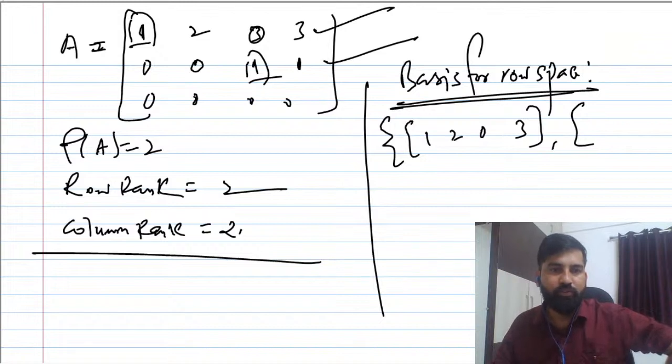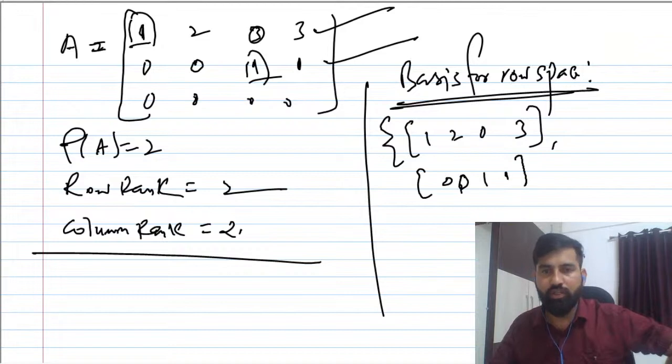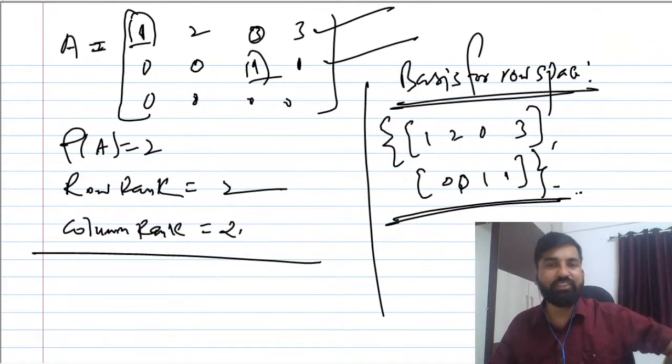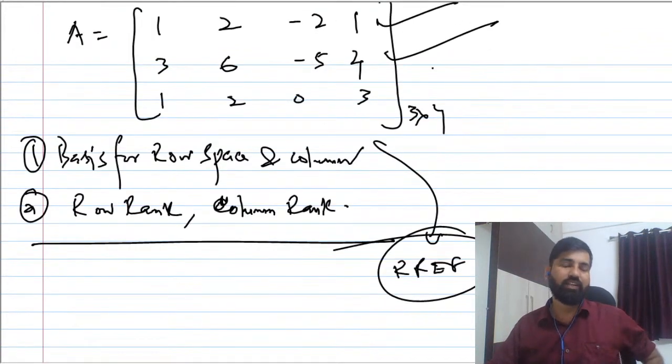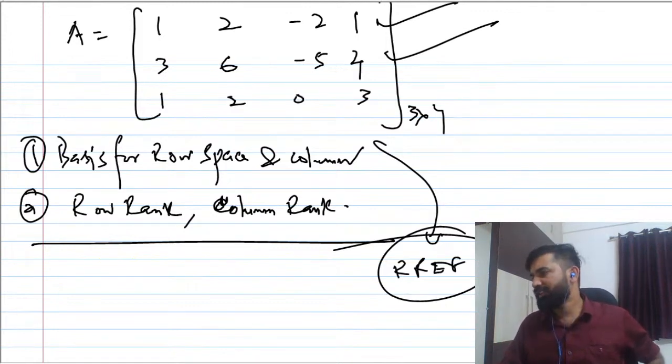Okay, so I hope this makes sense to all. देवांश आपको ये समझ आ रहा है ना? So you can write one more vector here, that is 0 0 1 1, ये एक बेसिस हो गया, या आप ओरिजिनल मैट्रिक्स का ले लो, ये वाला पहला और सेकंड, these can also be considered as the basis for row space. और column space के लिए आप कॉलम वाइज लिख लो, ठीक है।